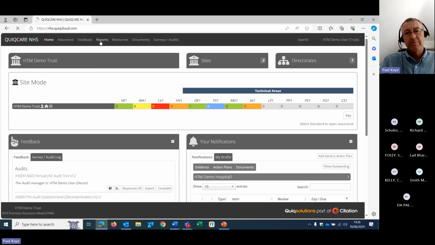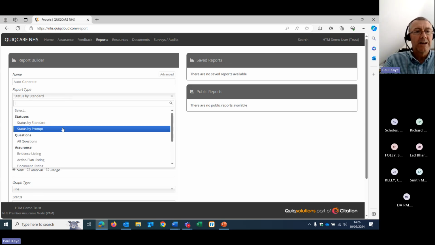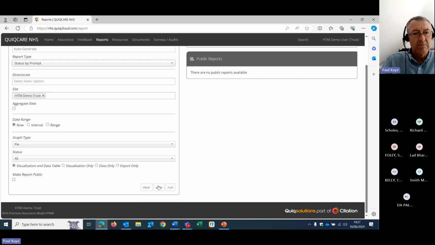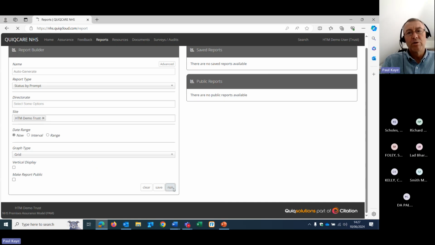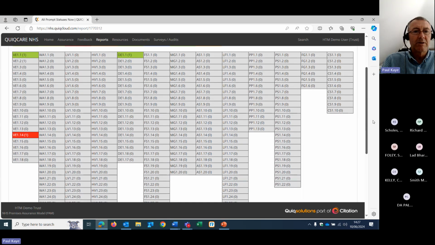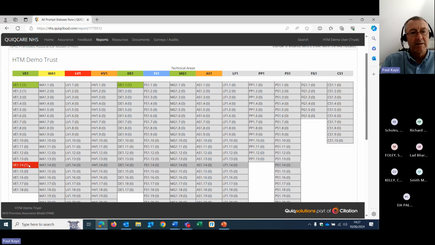Couple of other areas. So from a reporting point of view, if you want to know where things are up to against all of the standards, you can run reports, which I'm going to do here. There are various different report types that you can run. You can save reports and it will remember the reports and just add the latest data. So this is giving me a view of all the different questions in these areas. The ones highlighted have been rated and have a number there, which tells me how much evidence we've got.